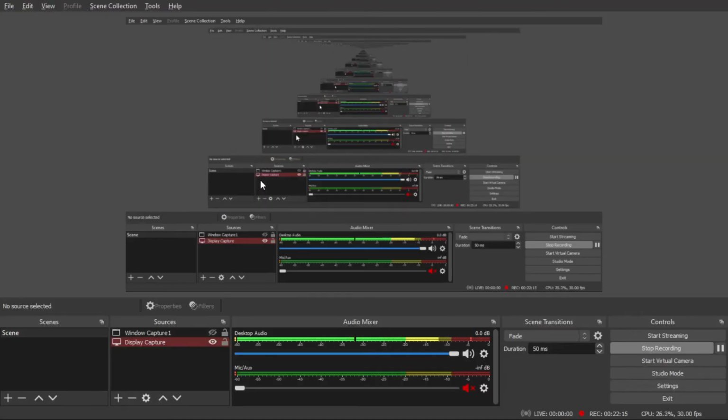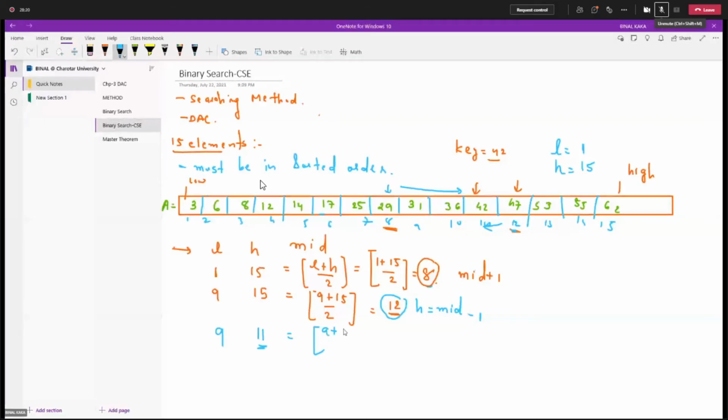Now let's check the mid. 9 plus 11 divided by 2. So what should I get over here? 20 divided by 2, it is 10. Now my mid is 10.